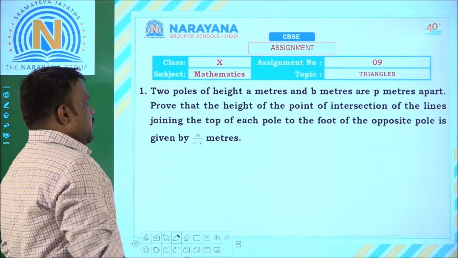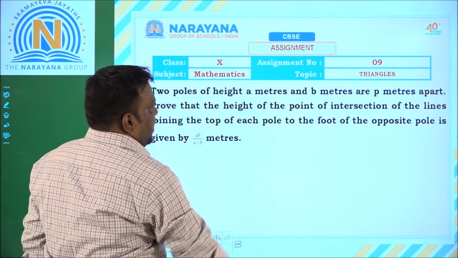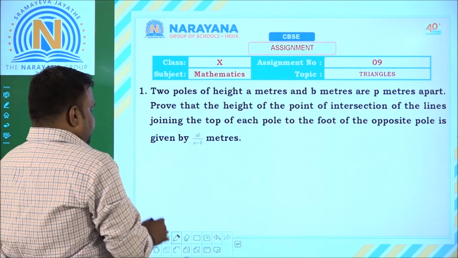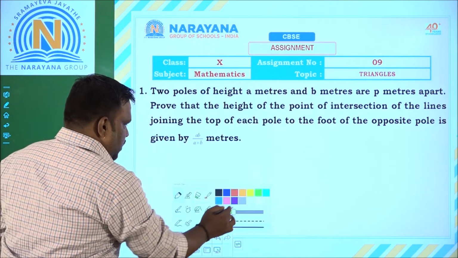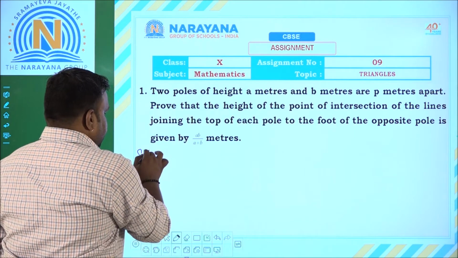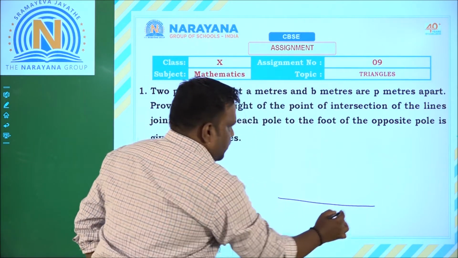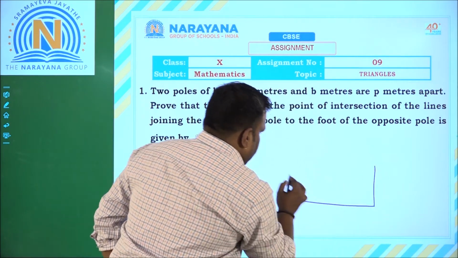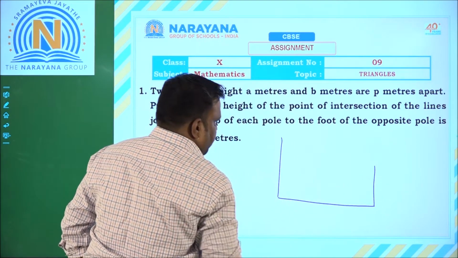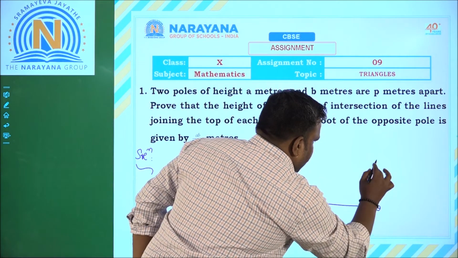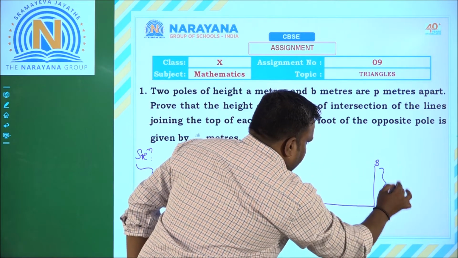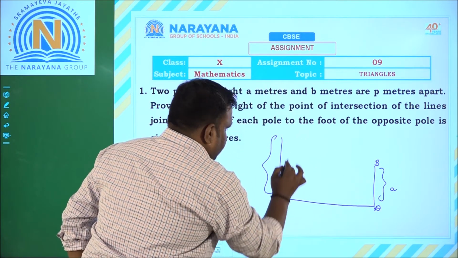See the first question. Two poles of height A meters and B meters are P meters apart. So first let us draw the figure for this one. This is normal ground, first pole and second pole. Let us name this as AB is the first pole of height A meters and CD is the second pole